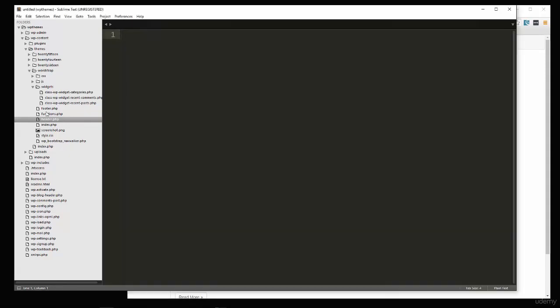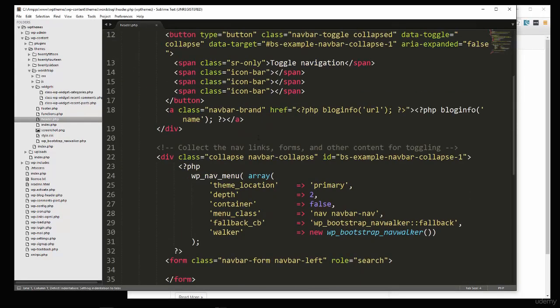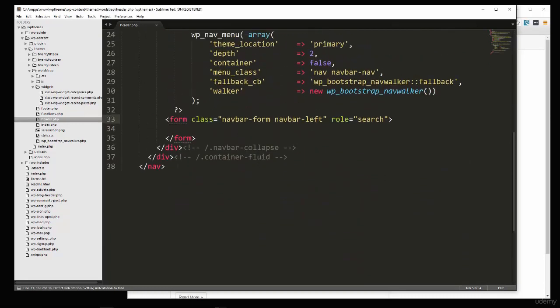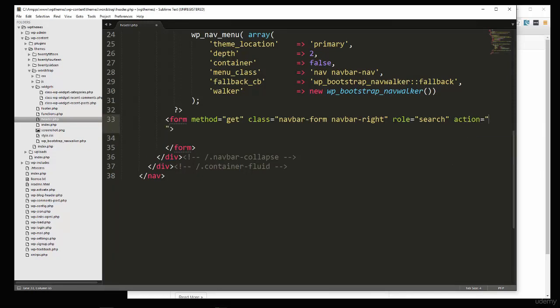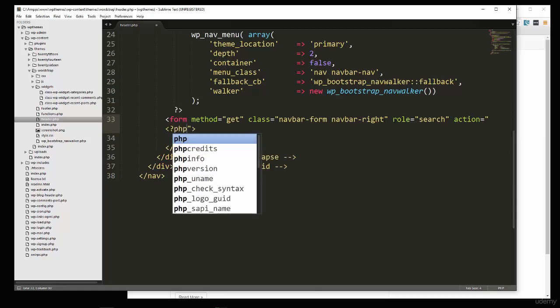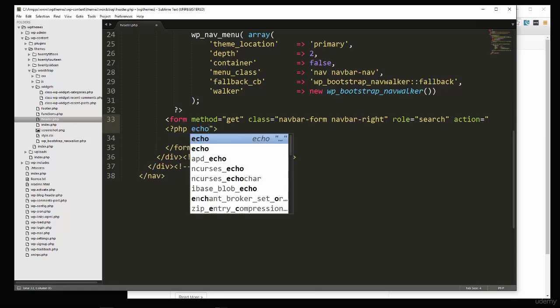Alright, so we're going to go to our header file and go down to where we have this empty form, and we're going to add some stuff to it. So first thing, we're going to add a method, and the method's going to be get. Okay, class, we can actually change this to left. I want to put it on the right. Alright, we also need to add an action. Okay, in the action, we're going to use PHP tags, and we're going to say echo